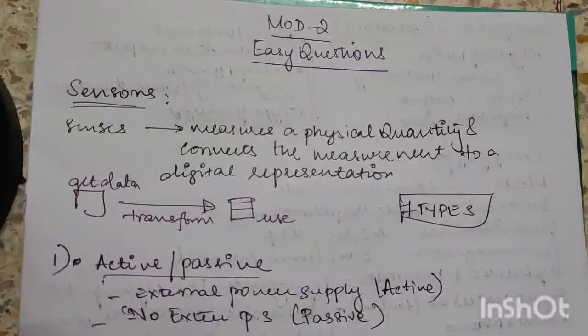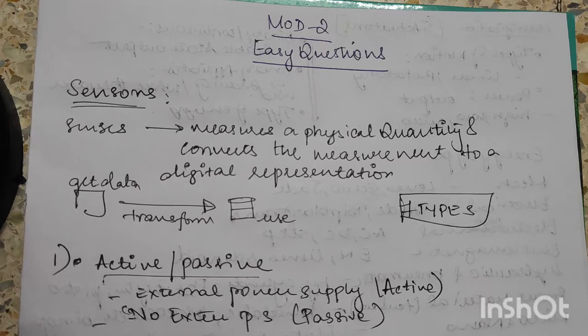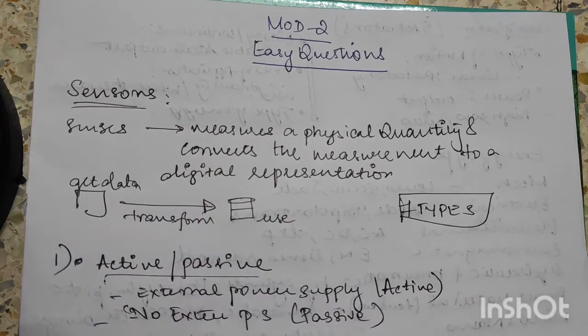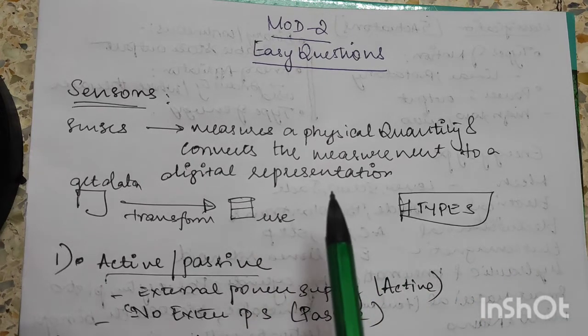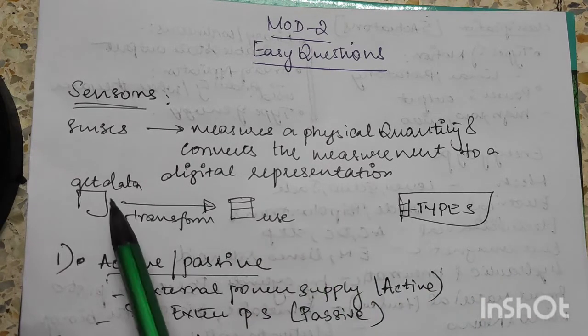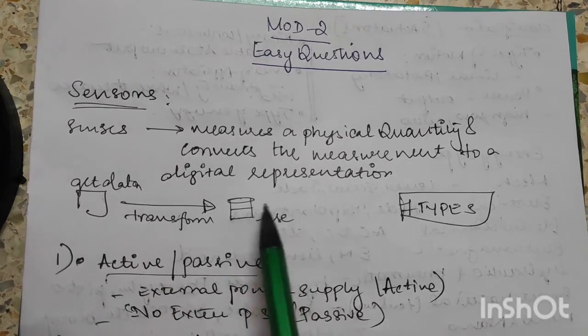The Module 2 easy questions, starting with the first one: what are sensors and actuators? So what are sensors? Sensors are objects that sense, where they measure a physical quantity and convert the measurement to a digital representation. So what happens is it gets the data, it transforms the data, and then it uses the data in the